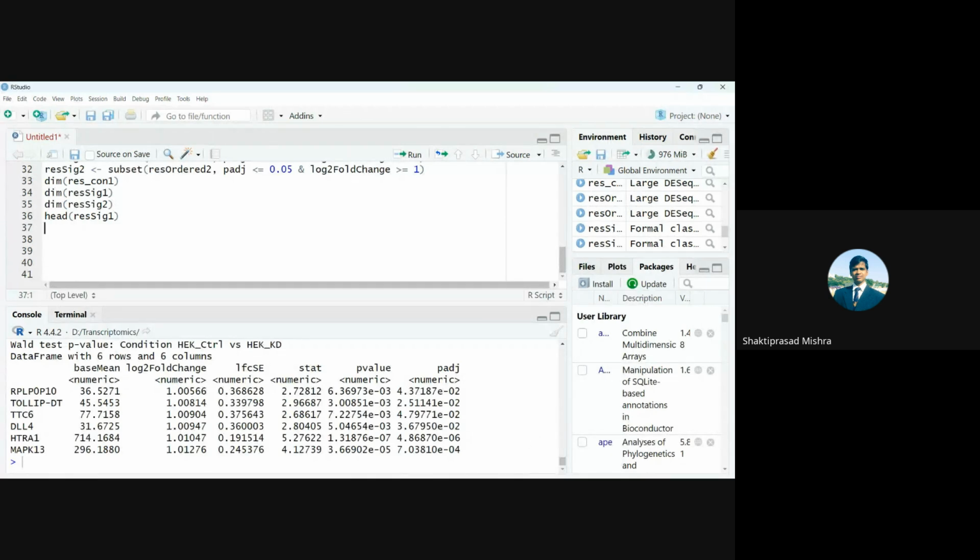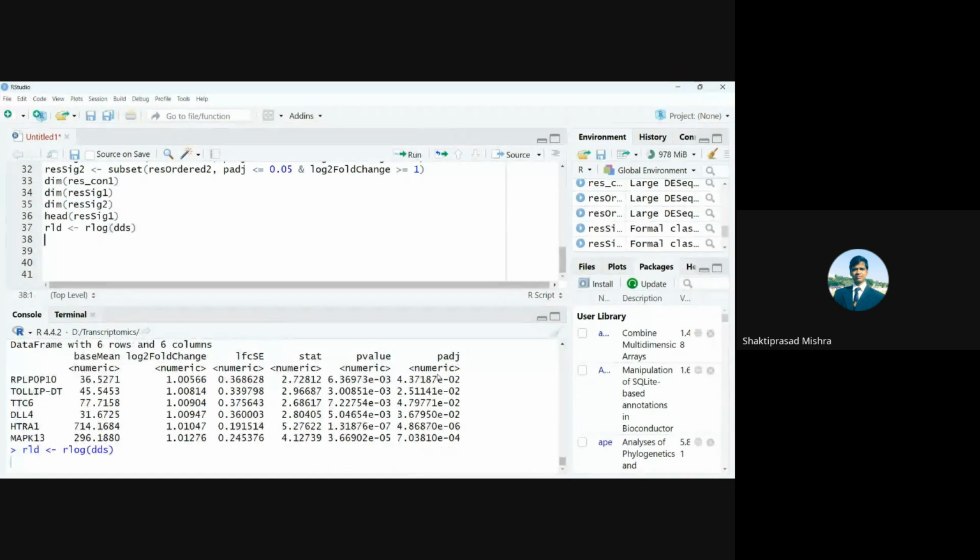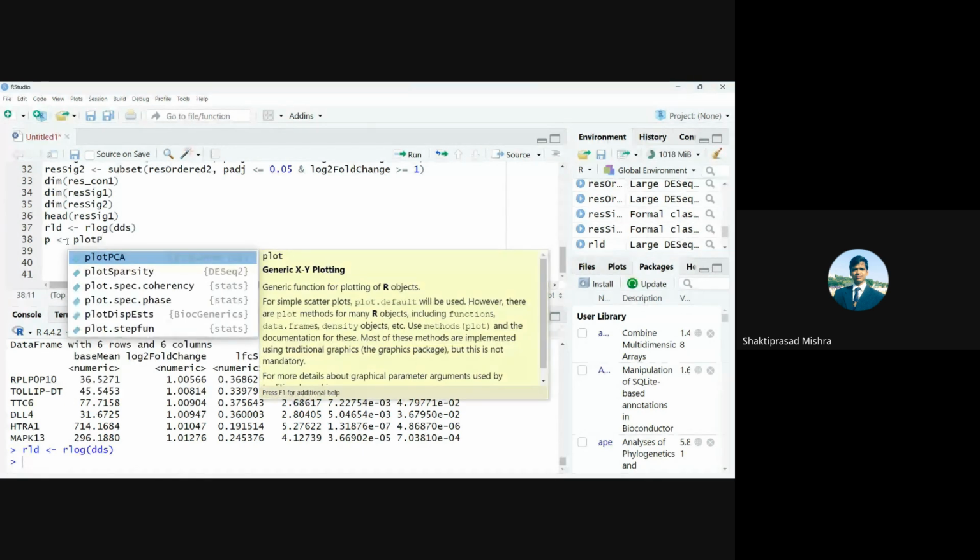For that we have to first calculate the RLD. Okay, rlog DDS. Then click on run. It'll take some time. By that time, I'll just write the code for PCA. plotPCA, okay, RLD,